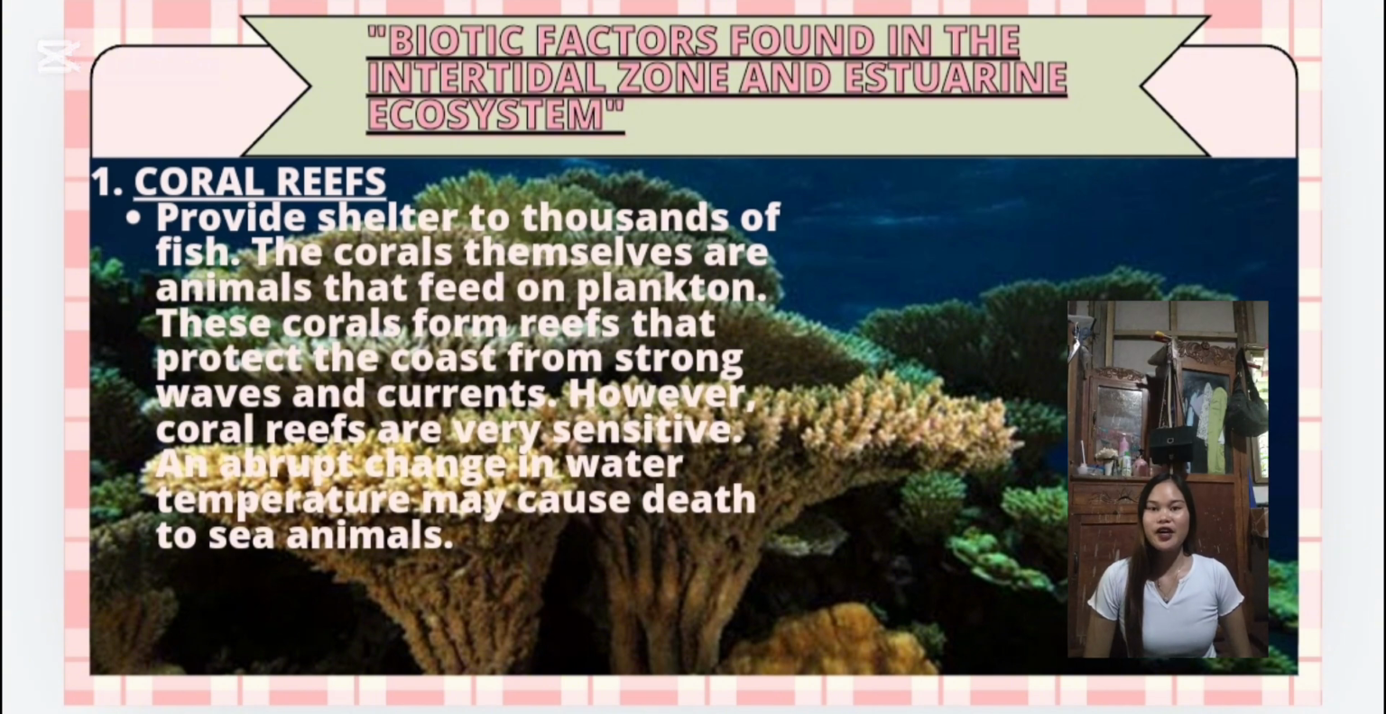Meaning to say, this refers to the variety of life forms in a given area. Coral reefs are known for their high biodiversity, meaning they have a wide range of different species living together. These are marine animals that build reefs. They are tiny creatures that live in colonies and secrete a hard